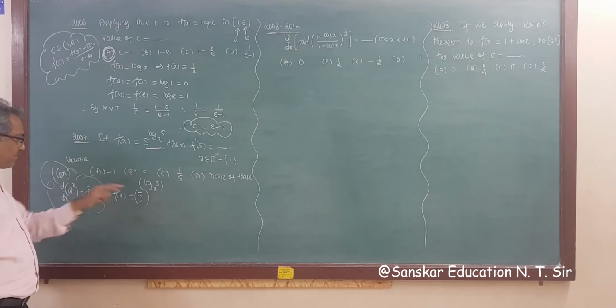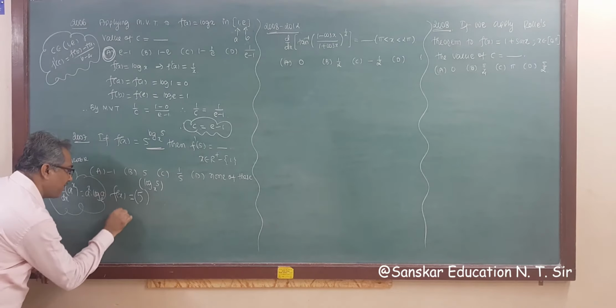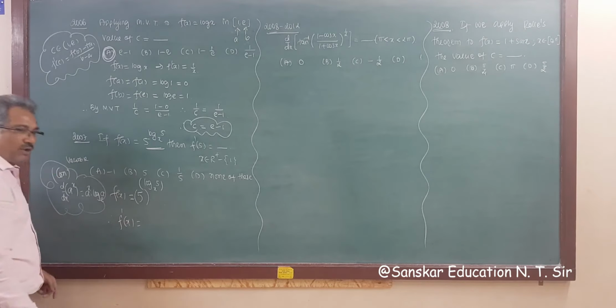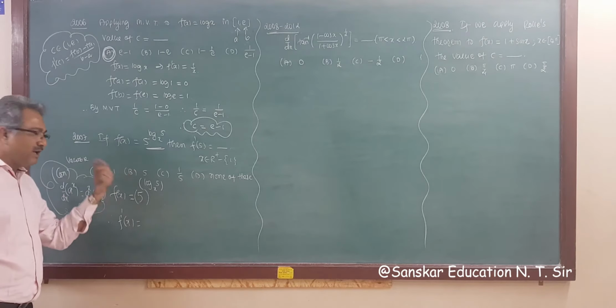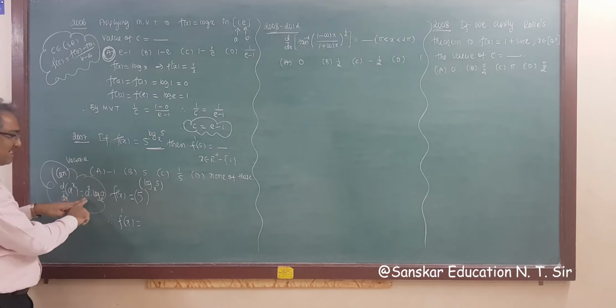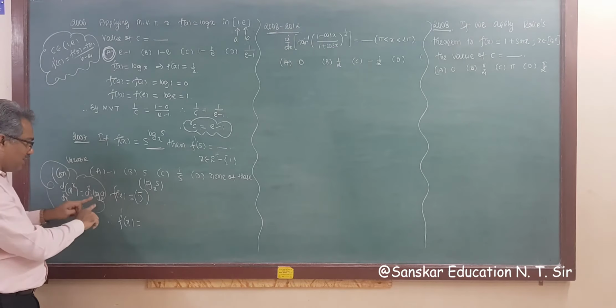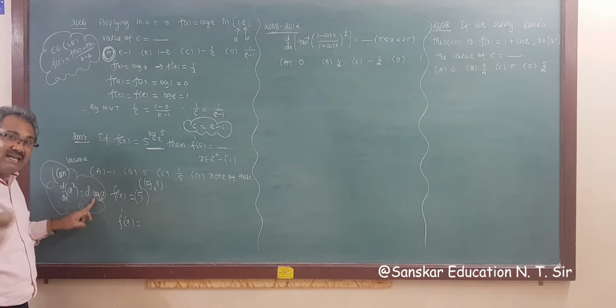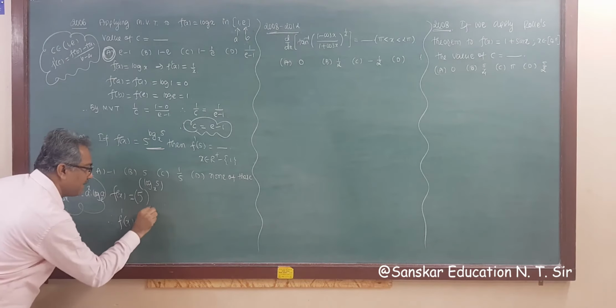So applying this formula to differentiate this, what we get? f'(x) is equal to, now this is the formula for a raised to x, but this is not x, this is a bracket. So the answer is a raised to bracket, into log a base e, into d/dx of the bracket again. So the answer of this is 5 raised to bracket.